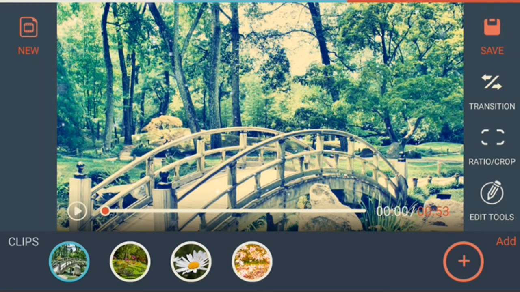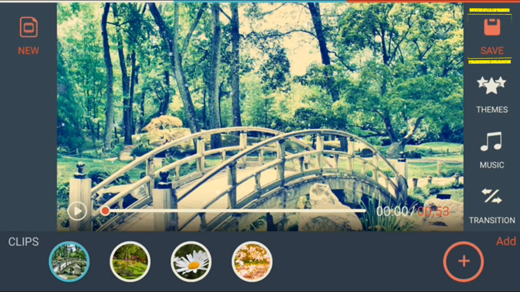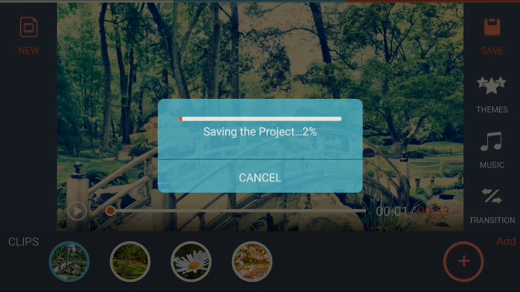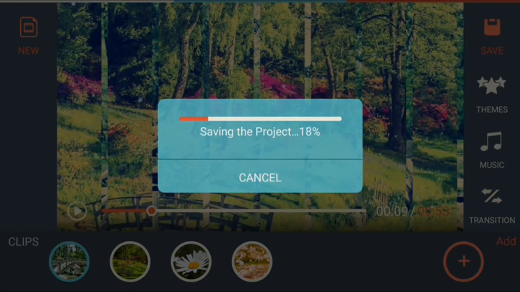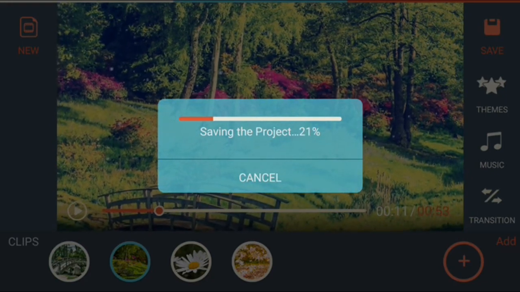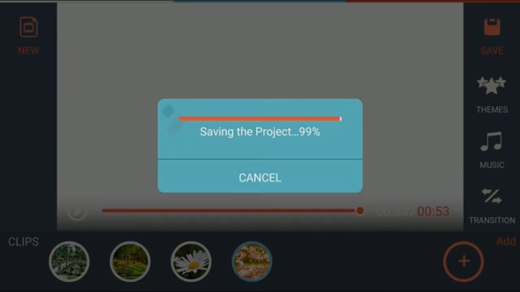And once this is over, then you may choose to save this project by clicking on save, which is on the top right side. Now I will click on save. This is saving the project, and the file is being played at the background. Now the project saving is completed